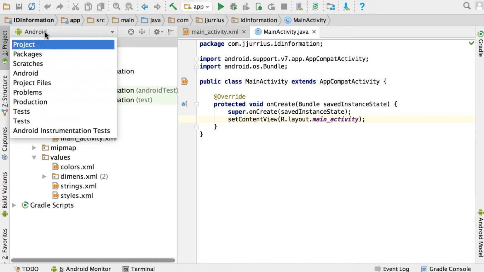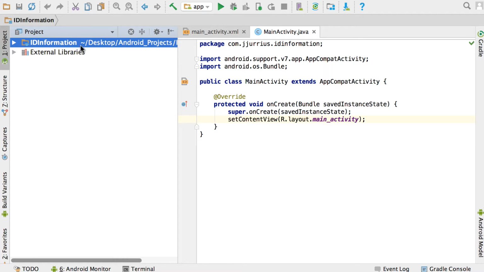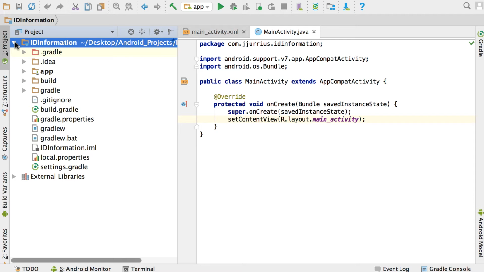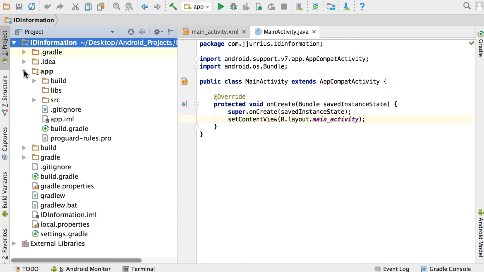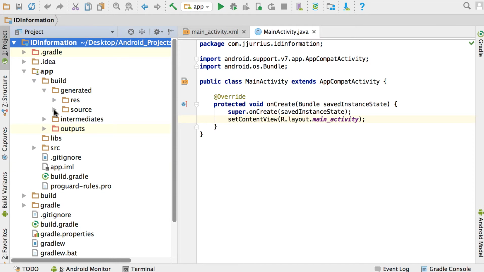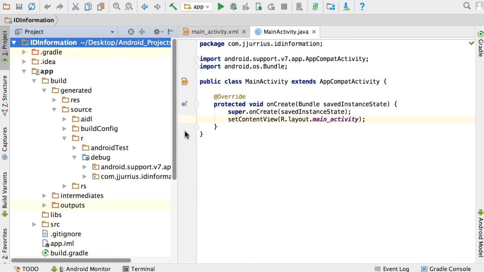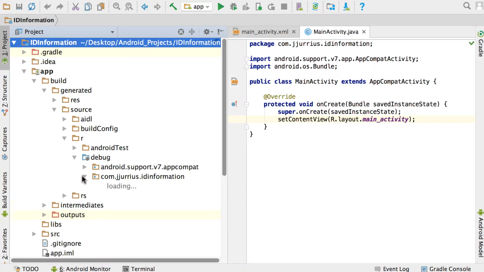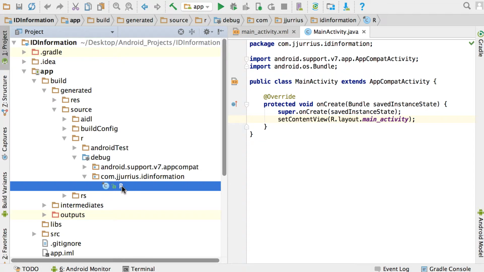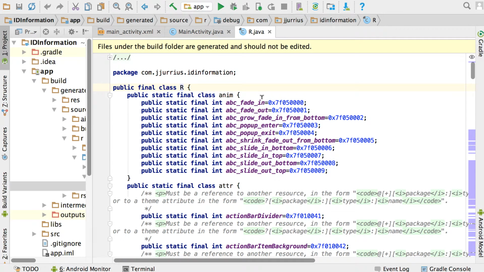So if you go to the top where it says Android and you go to project, maybe you've got it like this. You go into the very first folder, go into app, go into build, then go to generated, go into source, go into R, go into debug, and then search for your project folder there, and you'll see there's an R.java file. I know it's a long way to get there, but if you double click that R.java file, you will see